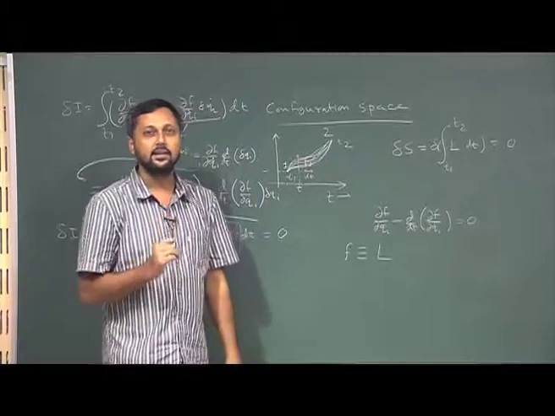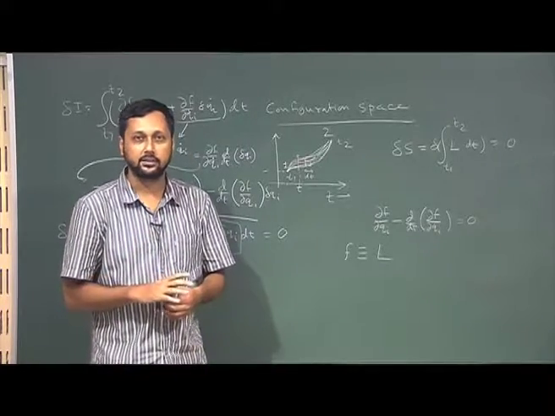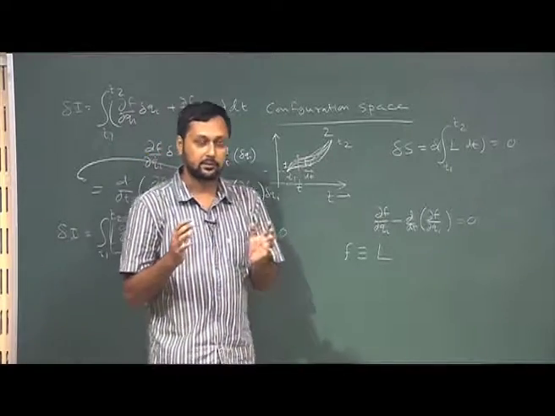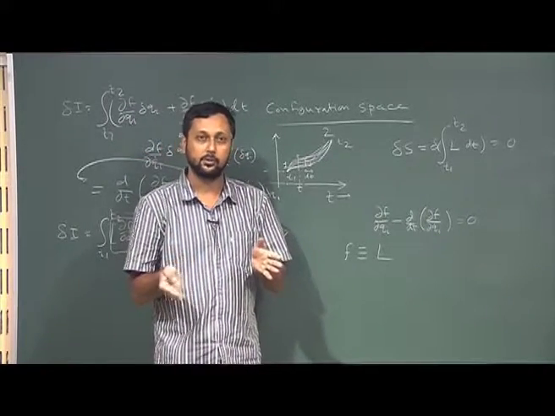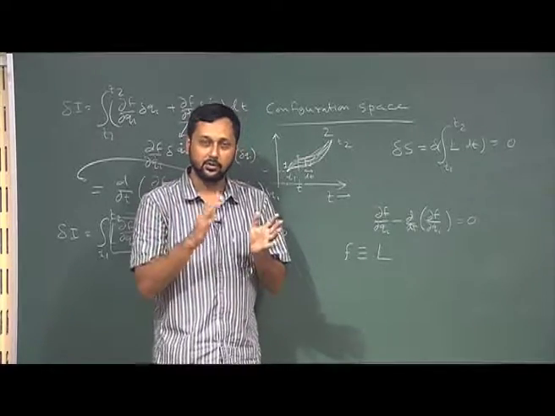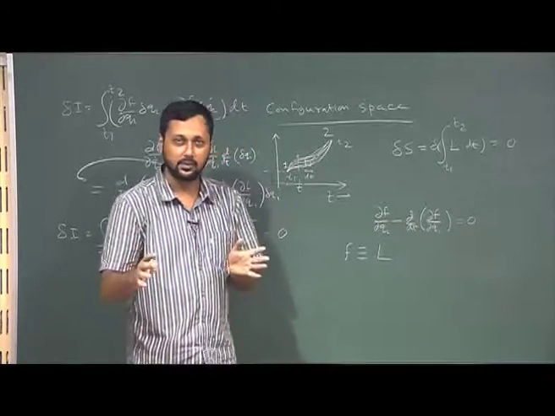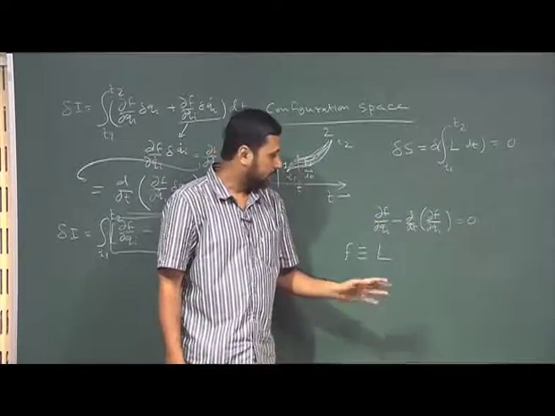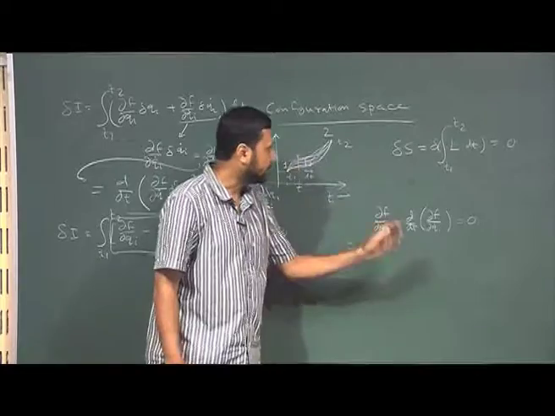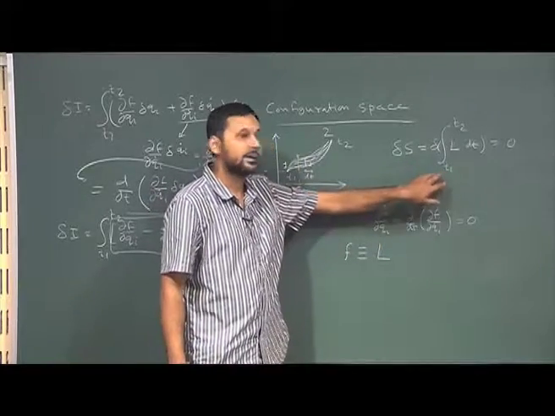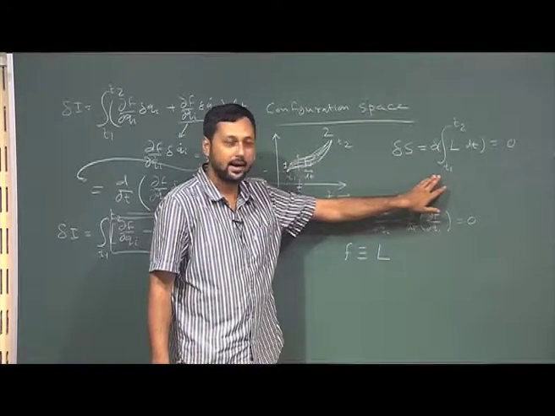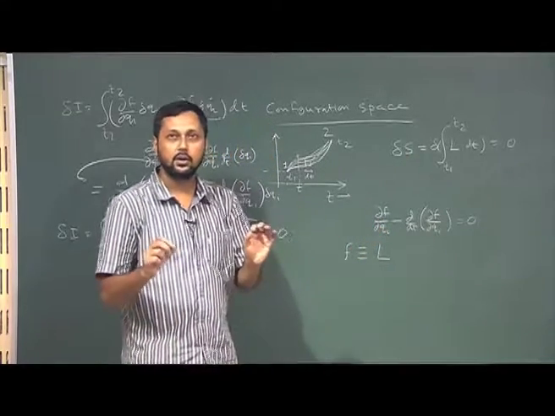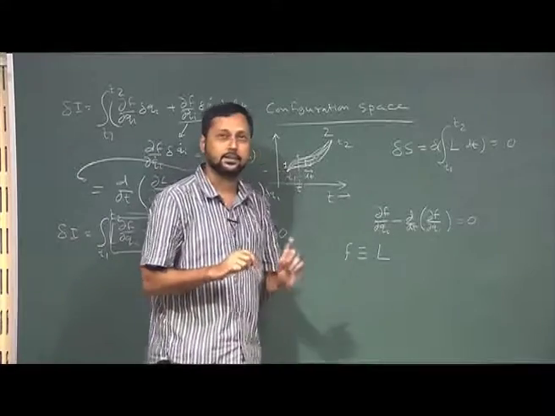have any prior knowledge. For example, what we did was we started from the Newtonian equation, we removed the forces of constraint, then we introduced generalized coordinates. After so many steps, we got this equation, just replace F with L. But here what we are doing is we are starting from a principle which is more fundamental in nature, and we are getting back the same set of equations without having any specific knowledge of the Lagrangian.